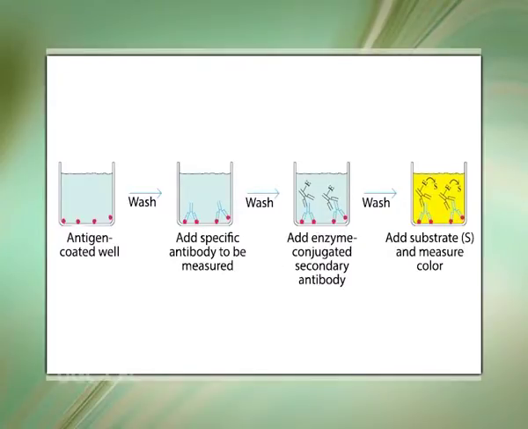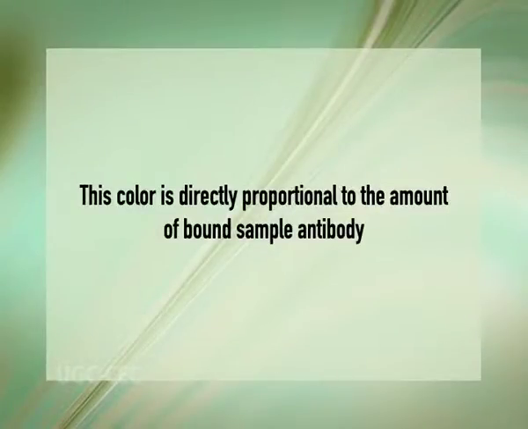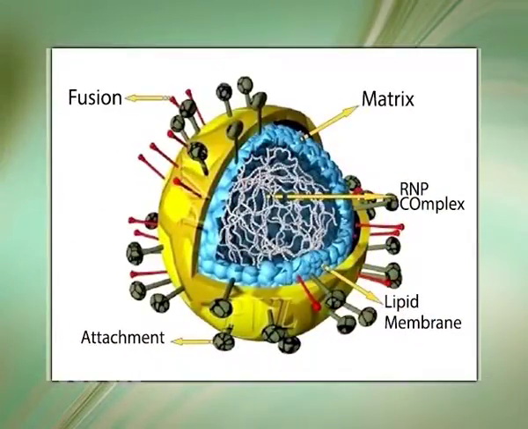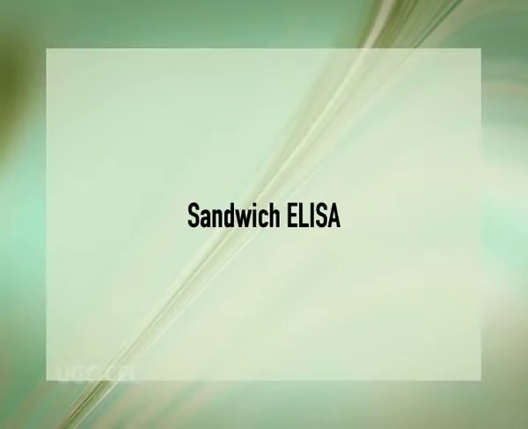In the indirect ELISA test, the sample antibody is sandwiched between the antigen coated on the plate and an enzyme-labeled antispecies globulin conjugate. The addition of an enzyme substrate chromogen reagent causes color to develop. This color is directly proportional to the amount of bound sample antibody. The more antibody present in the sample, the stronger the color development in the test wells. This format of indirect ELISA is suitable for determining total antibody levels in samples, that is Newcastle disease virus, B. abortus, etc.